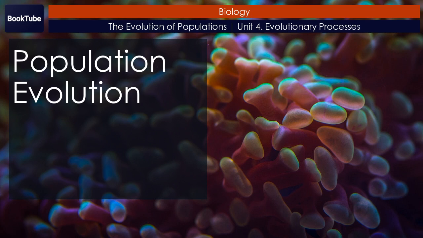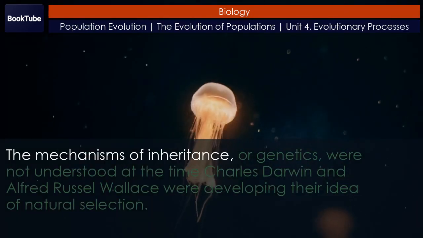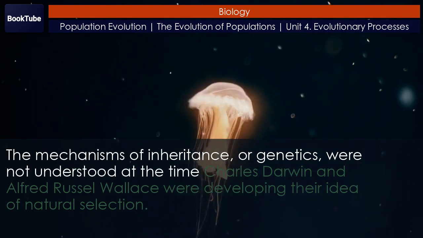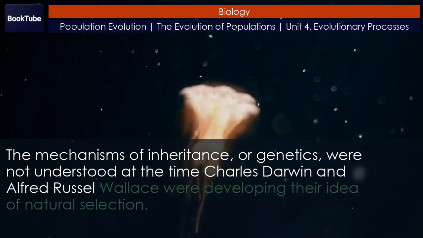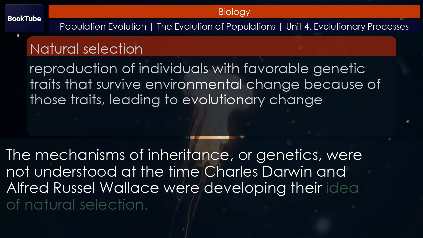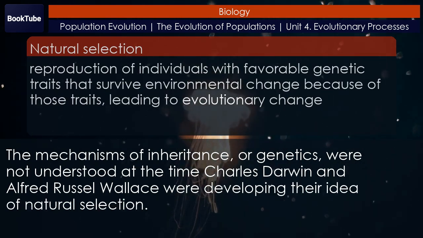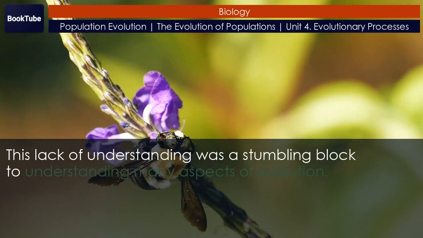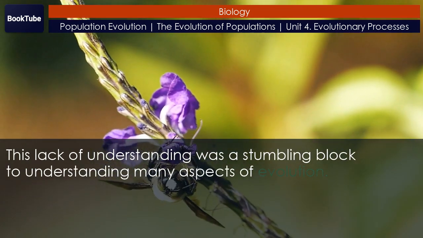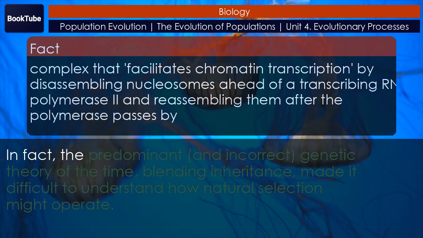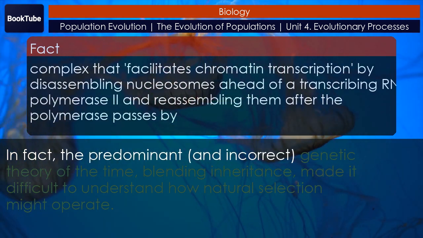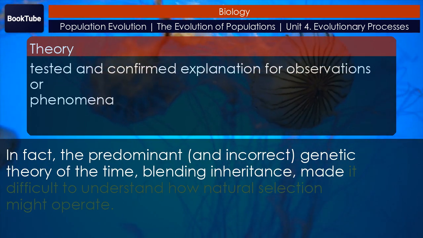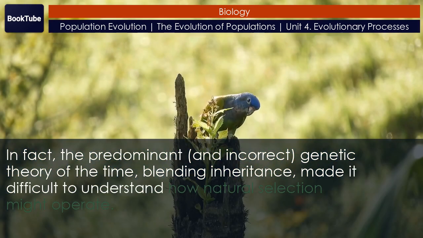Population evolution, the mechanisms of inheritance, or genetics, were not understood at the time Charles Darwin and Alfred Russel Wallace were developing their idea of natural selection. This lack of understanding was a stumbling block to understanding many aspects of evolution. In fact, the predominant, and incorrect, genetic theory of the time, blending inheritance, made it difficult to understand how natural